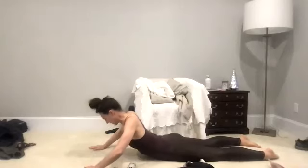Legs. Inhale. And legs. And upper body. And legs. And torso and hold. 10, 9, 8, 7, 6, 5, 4, 3, 2, lower, interlace, or just put your hands